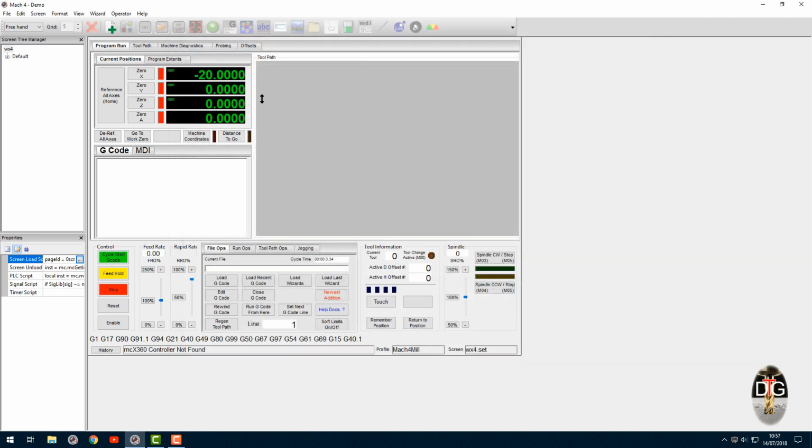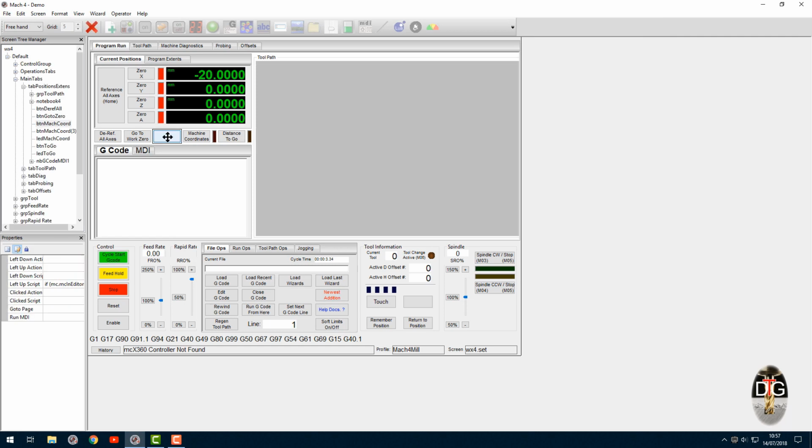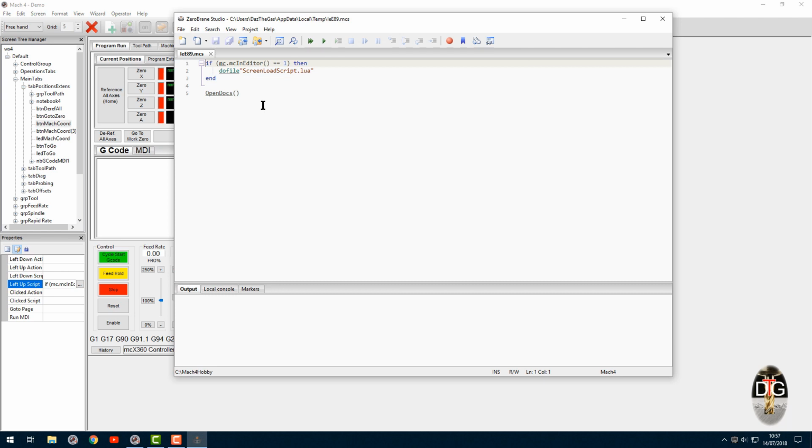Now, wouldn't it be nice if you could go along, select a button that you've got, any button, and you know there's a function in there called Open Docs, so you want to use that within your script. So we'd go Open Docs, but as you can see, it's not highlighted. We haven't got the autofill like if you were to do an mc command, you can then get